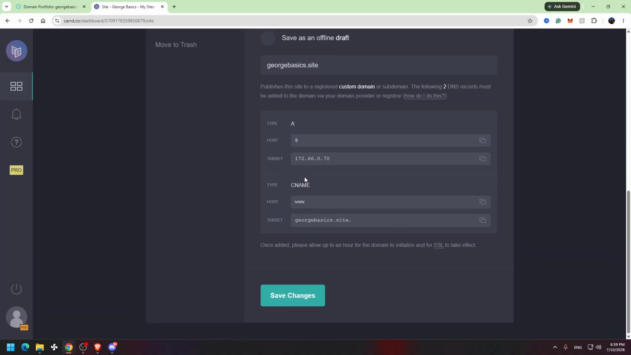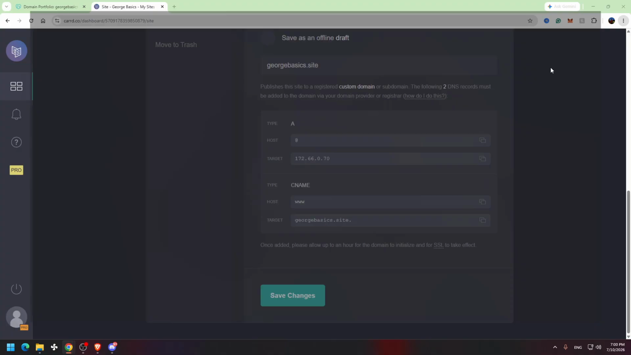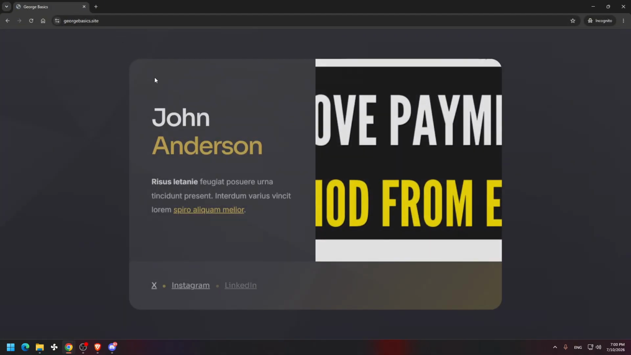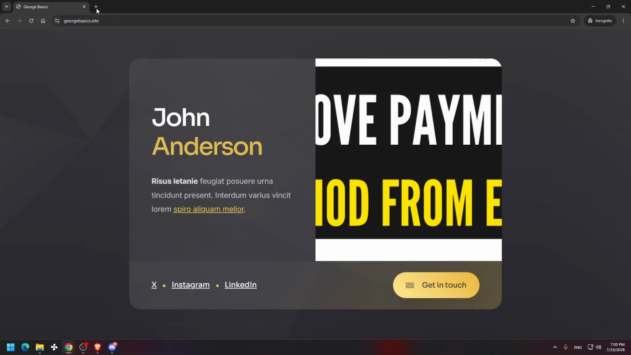And that's all, guys. Now we need to wait from a few minutes to 48 hours and our domain will be connected to the Card website. In most cases, this will take a few minutes, but the maximum time is 48 hours. Let's find it out. As you can see, we already connected our domain to the Card